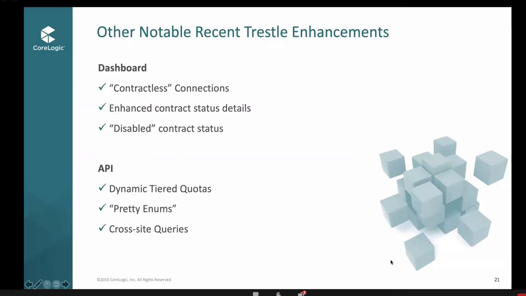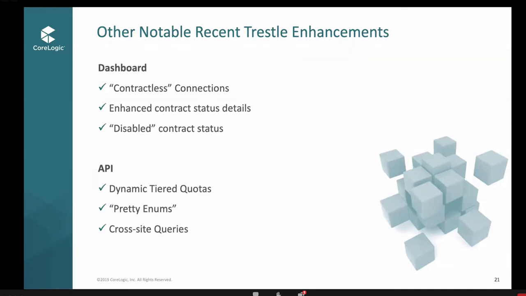All right, some other enhancements that have happened in Trestle, I mean, we still like them, but they're not as splashy as those big two. We now have the ability for the MLS to stand up a data service with a vendor without using Trestle's built-in contracting and billing. The main use case we can see for this, there are a couple. One is for third-party syndication. Their agreement with Zillow isn't going to happen on Trestle because it's bigger and more unwieldy, and it's a one-off, and we're not going to do that inside Trestle. So they could do that offline and set up billing offline, and then just stand up the data inside Trestle.